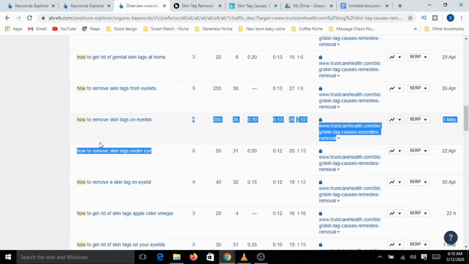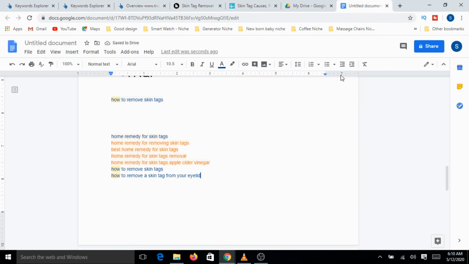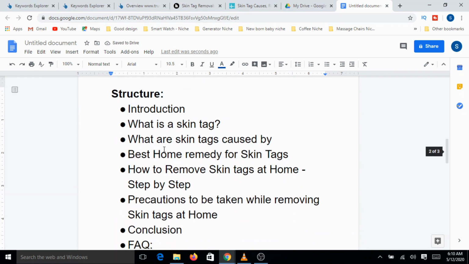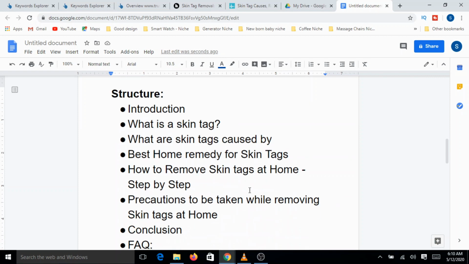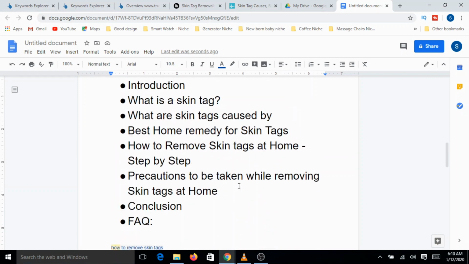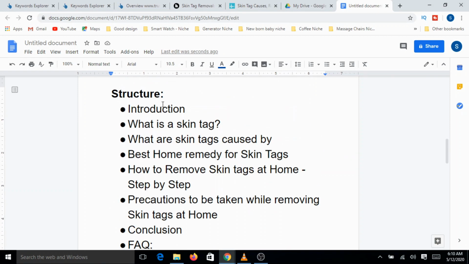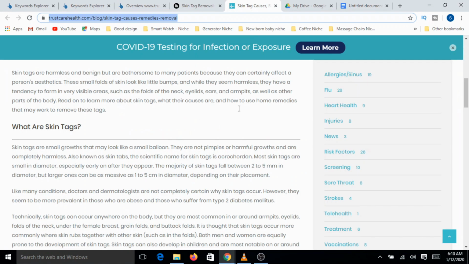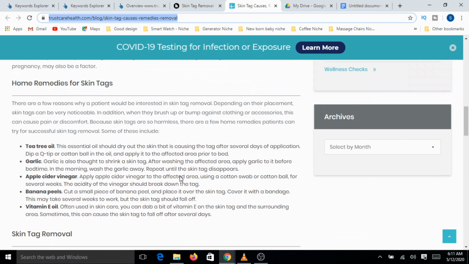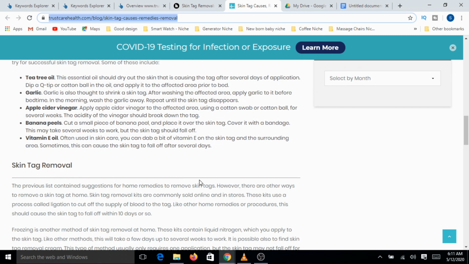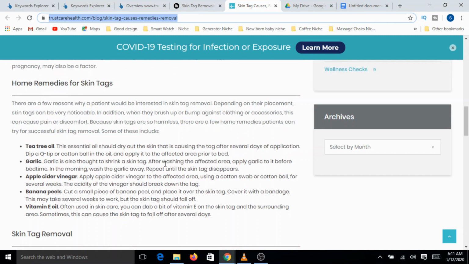Likewise, I'm just giving you some examples only. This is going to be exhaustive. Then I will share this particular structure with my writer and ask them to come up with a beautiful article. Sometimes I also give reference articles. I will tell them, ensure that ours is much more superior than any of these articles.